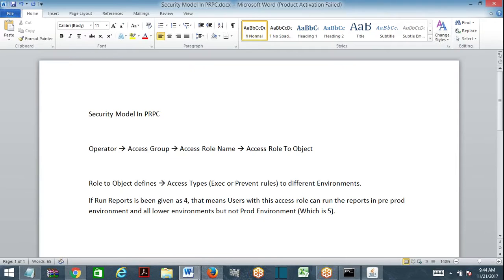Okay, so now access role to object works at what level? Access group level, when the role is added in the access group.